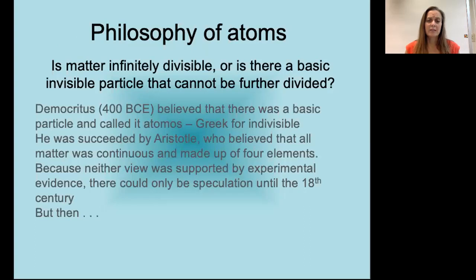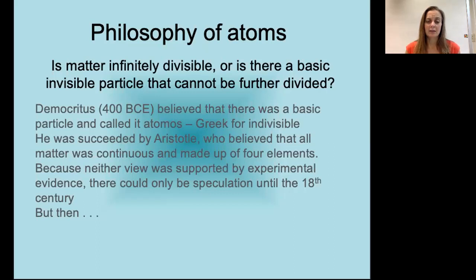So in 400 BCE, Democritus, who's one of the Greek philosophers, believed that there's a basic particle, and he called it atomos, which is the Greek word for indivisible. Now, Aristotle comes after Democritus, and he thought that there were four elements: air, fire, water, and earth. But neither view could be supported by any kind of experimental evidence. So they're both just ideas, and Aristotle was more popular, so his idea stuck around for a long time, till